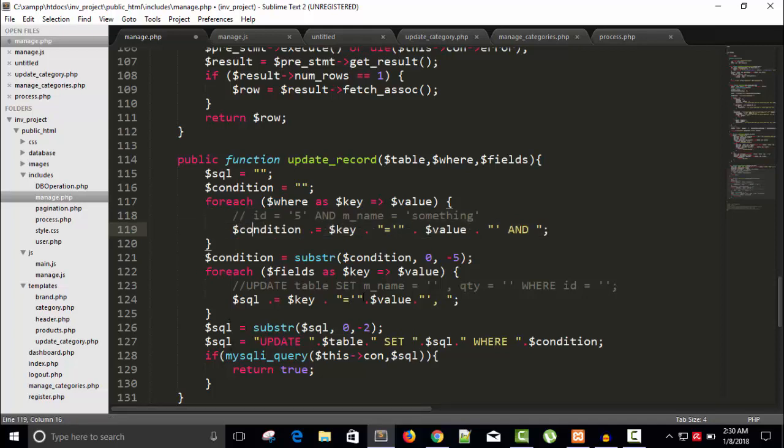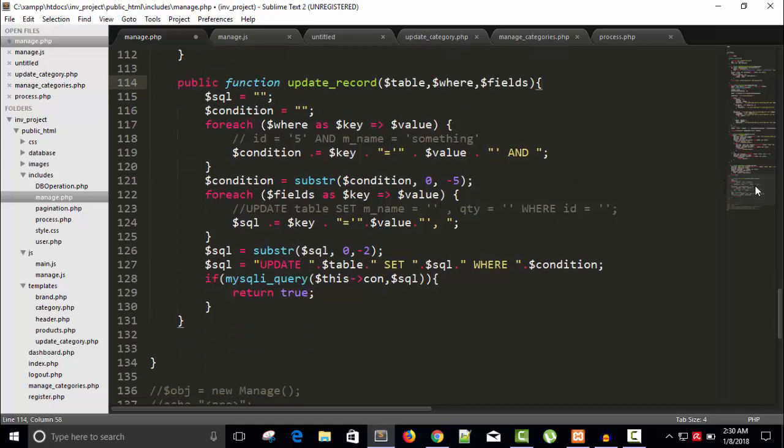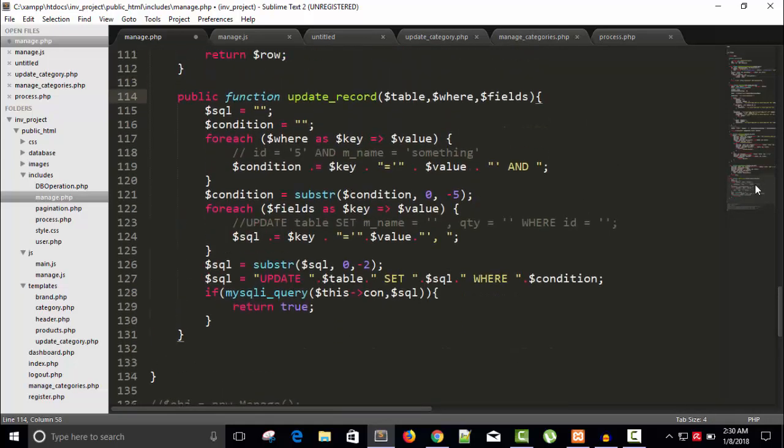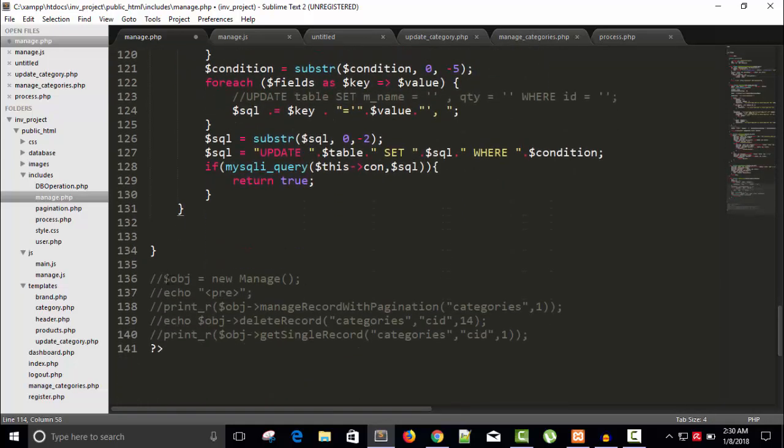Okay, that looks fine. So here you can see we have update record, name of table, where condition, and what are the conditions we have to pass in the form of array. So this is an array, and this is also an array, and here order matters. The number of input fields as in your table we have to enter in the same way in the array. So for example, you can see here I'm creating an object,